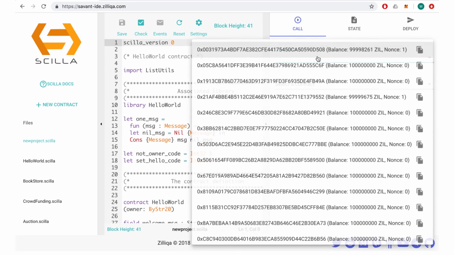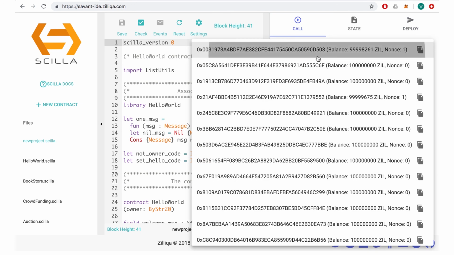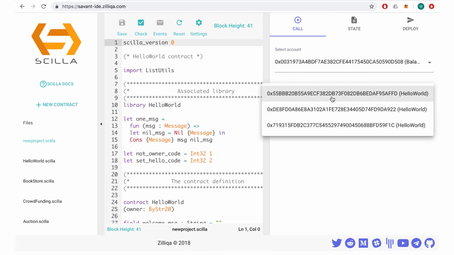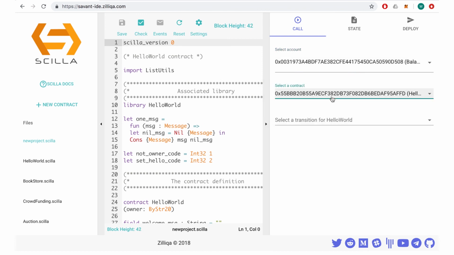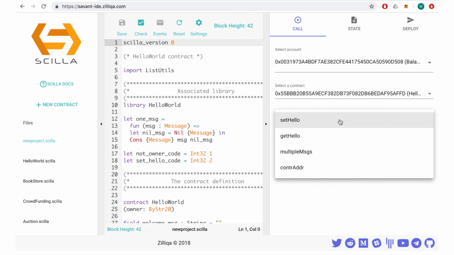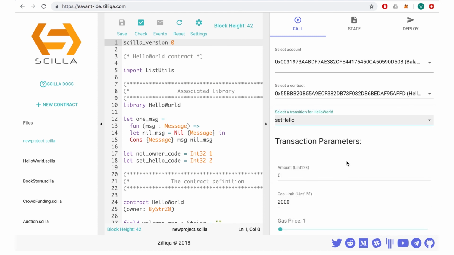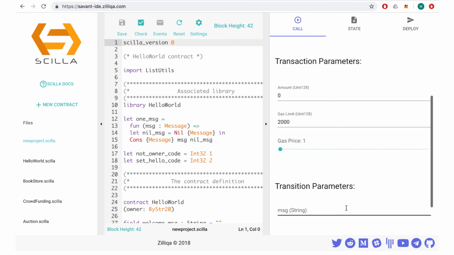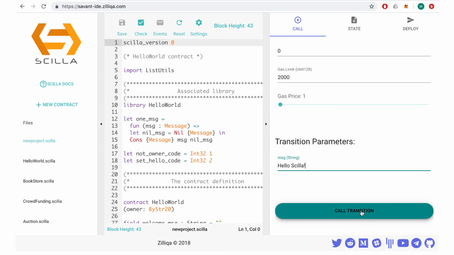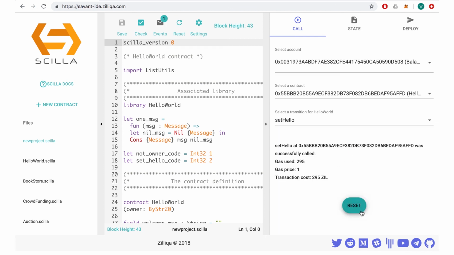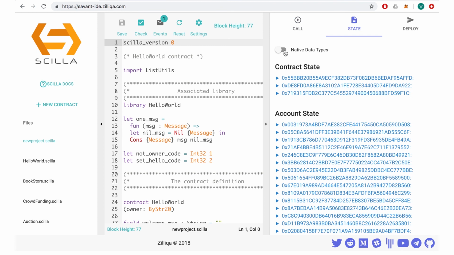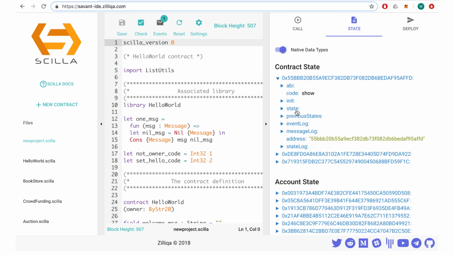At the Call tab, key in the message parameters to pass to the transition of the contract. Next, call the contract. At the State tab, check the previous and final state of the contract to see if the logic flow is correct.